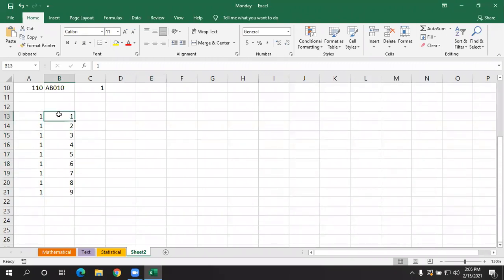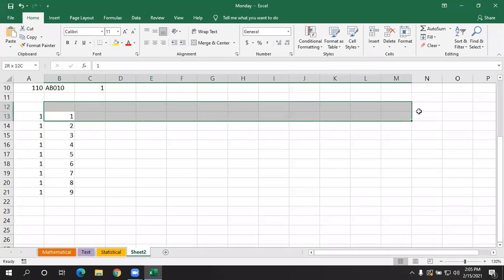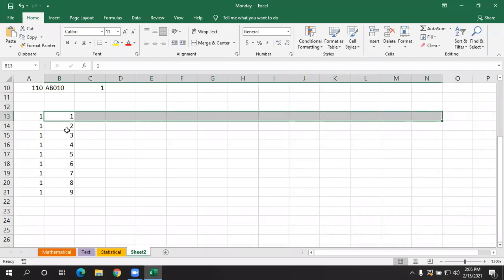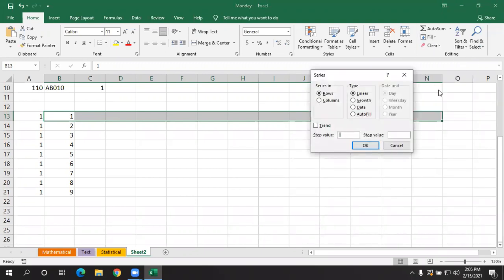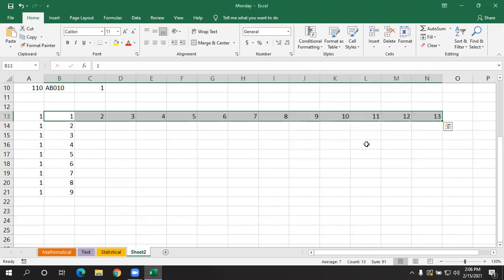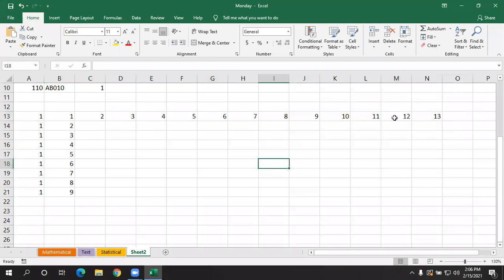Now from this cell, if I select like this, now previously I had selected column, right? Now I have selected a row. If I want the values as here 2 3 4 5 6, again select in the same manner, go to fill option, select series. Here you need to give what? Again linear, don't make any changes. Here it is showing series in rows because I have selected row wise. If I select column wise, it will show as columns. Okay, now just click on OK. Now see, I've got the values row wise.